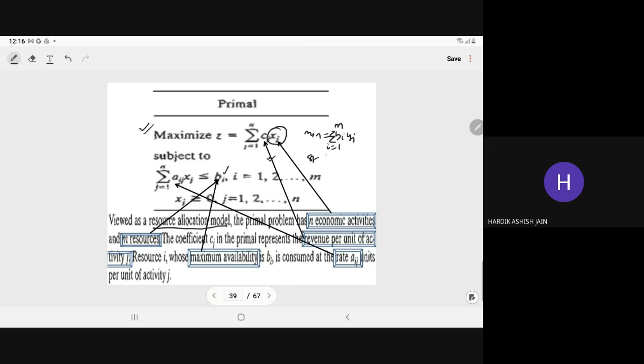So here we have the summation of aij yi, and i varies from 1 to m. Since it is a maximization problem, the dual will be a minimization. So here the constraint, and here we have cj for j equal to 1, 2, up to n, and yi is URS. So here we write the dual.